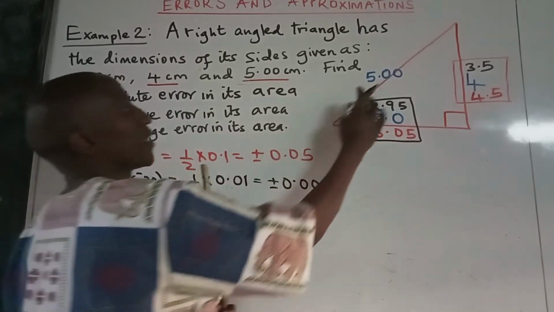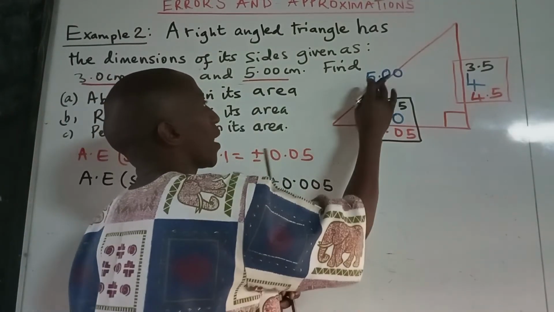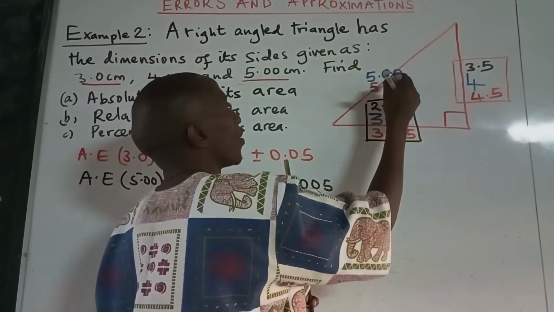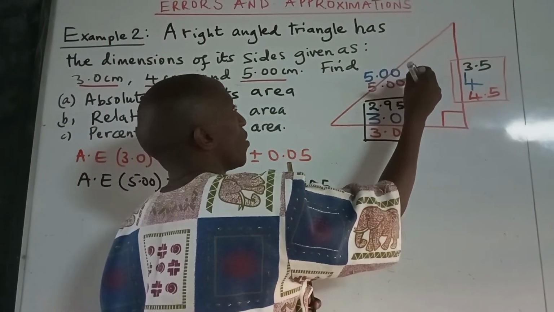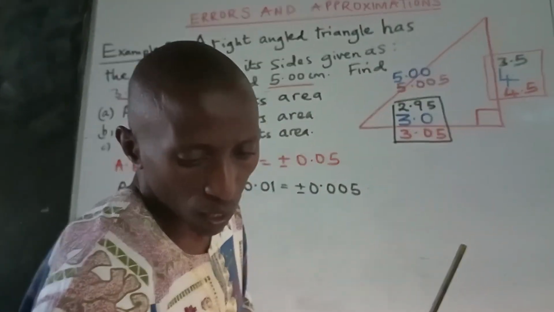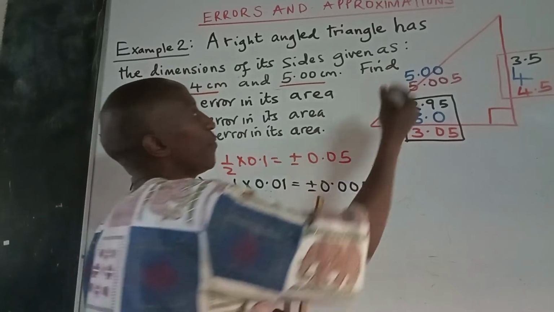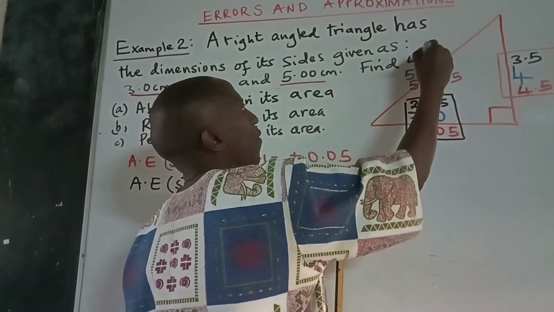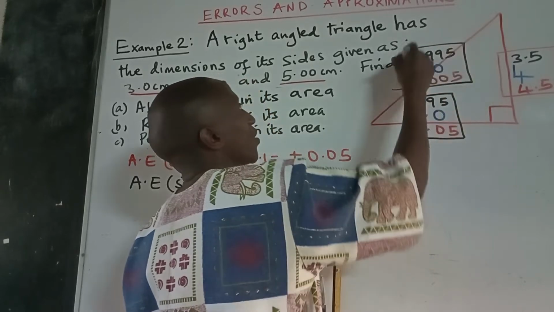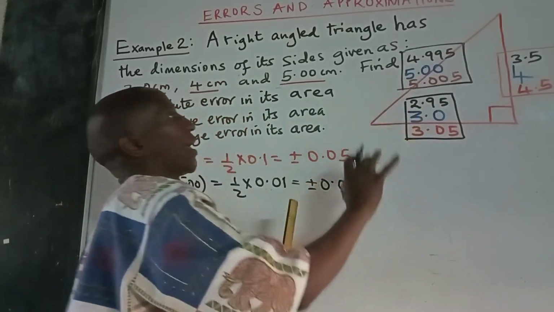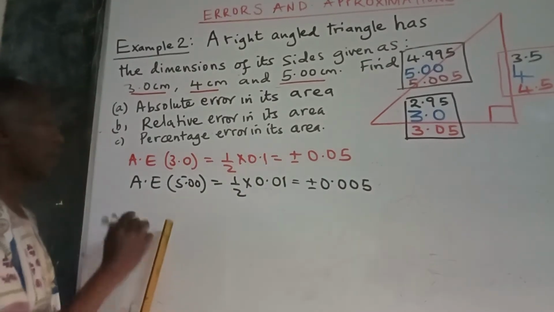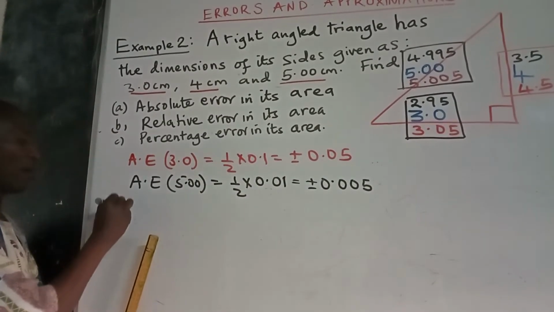That means in the maximum, I use red for the maximum, that is 5.005, and in the minimum we shall have 4.995, and those will be the dimensions for the hypotenuse. That way, all dimensions are given. Ours now is to look at